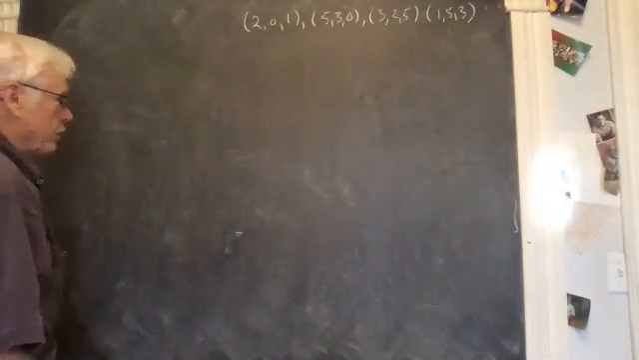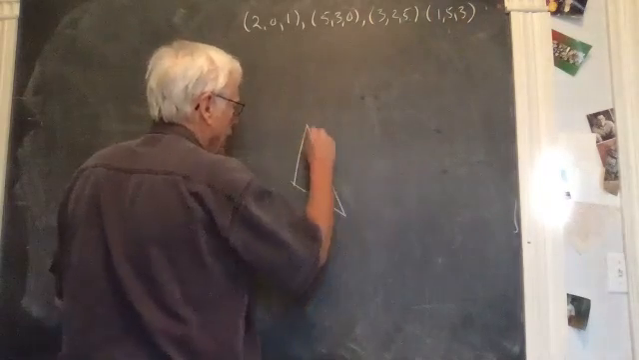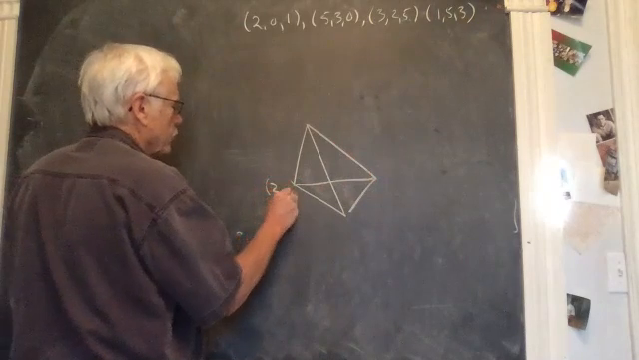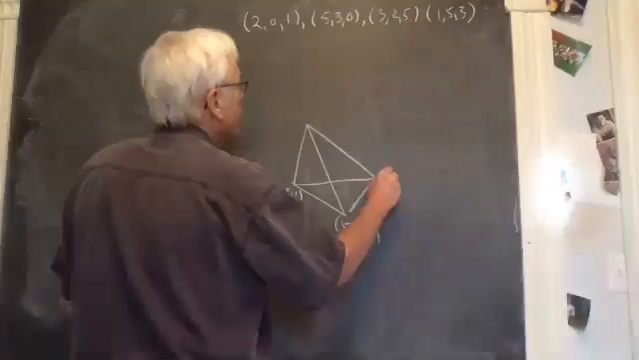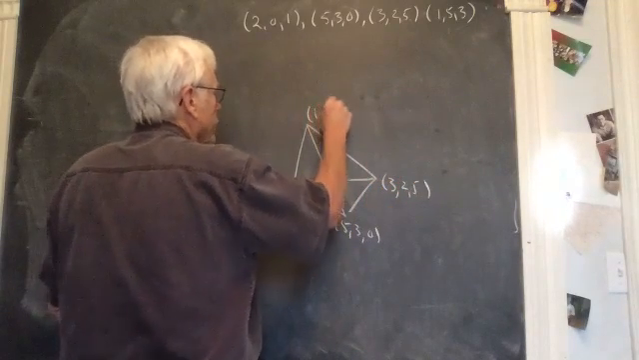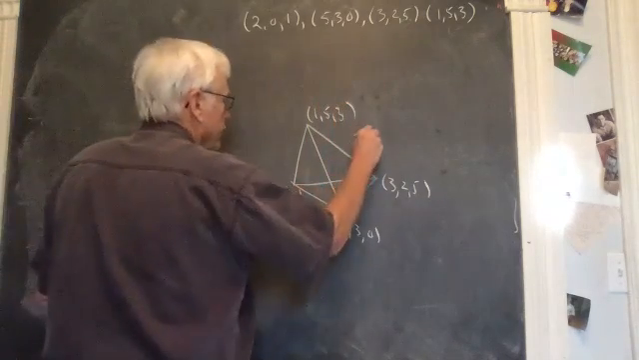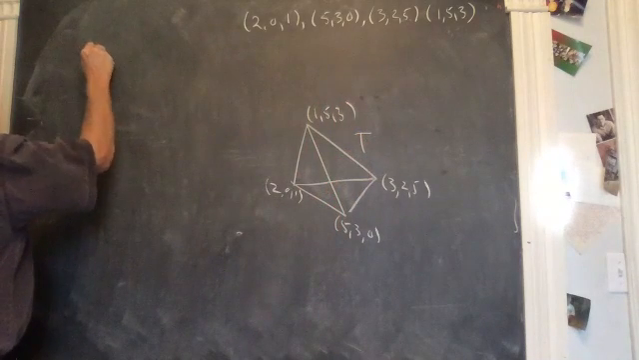Now, these form a tetrahedron, and I'm going to draw a picture here, but it's not going to be accurate. It's just going to be for reference. 201, 530, 325, and 153. And we'll call this T for tetrahedron. And then the volume,